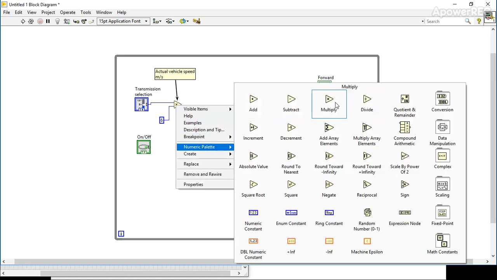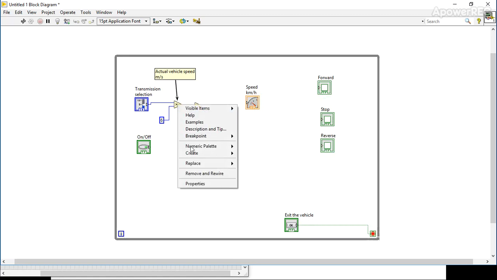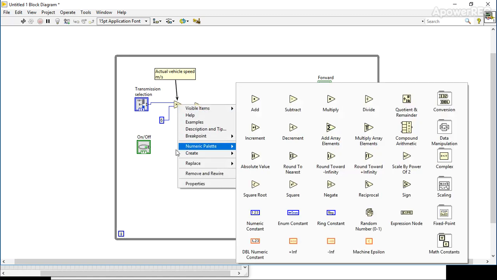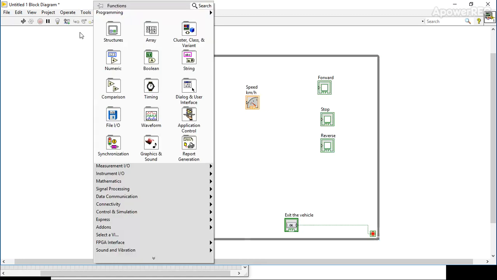So from the numeric palette, we again choose multiply. You could see that I used the right click here to access the numeric palette more quickly. Otherwise, I would go anywhere on the block diagram and then